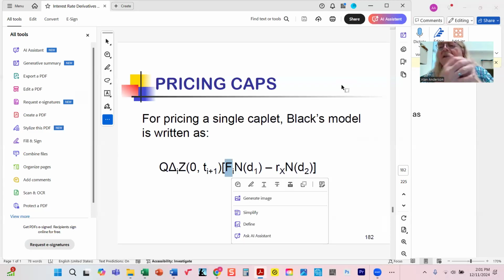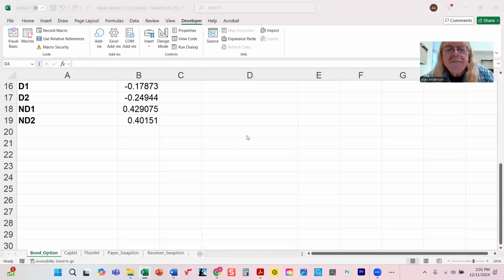So whoever came up with this idea, I don't know if anyone knows whose idea it was. It wasn't Fisher Black. This was not his idea. Somebody figured out on Wall Street that we could apply these to interest rate options, and that made the market explode because suddenly it became possible to price them correctly. So anyway,